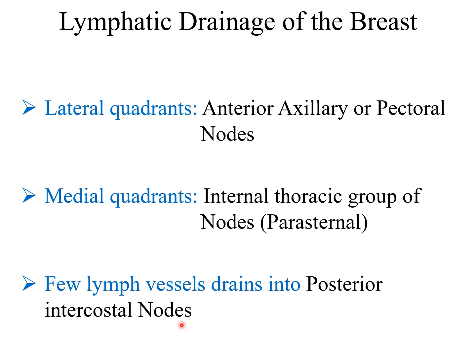So, for the purpose of description, 75% of the breast lymphatic fluid is moving towards the axillary lymph nodes. So that's why whenever there is carcinoma of the breast and there is a removal of the breast, axillary lymph nodes are also removed because they are most commonly involved in carcinoma of the breast, containing secondaries. So 75% of the lymphatics are going to the axillary group of lymph nodes, and the remainder goes to the internal thoracic as well as intercostal nodes.